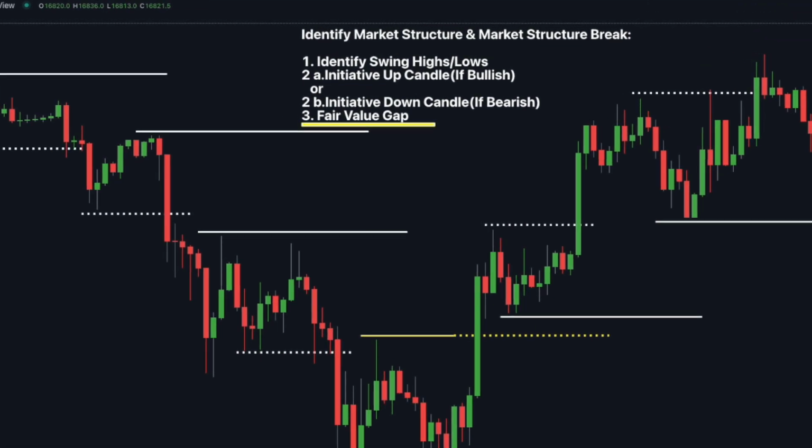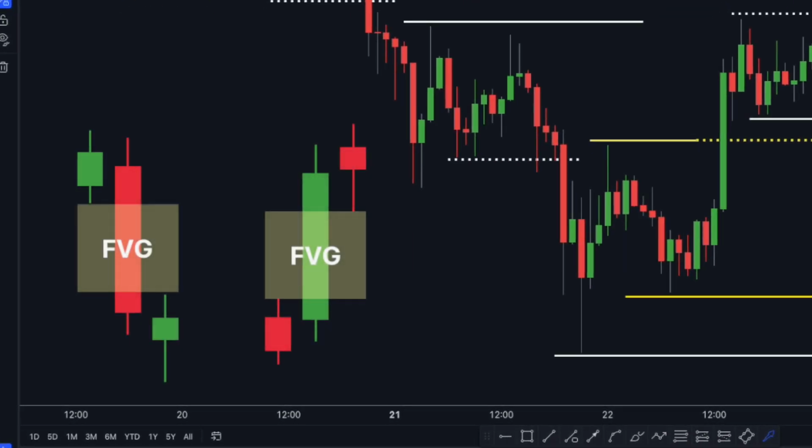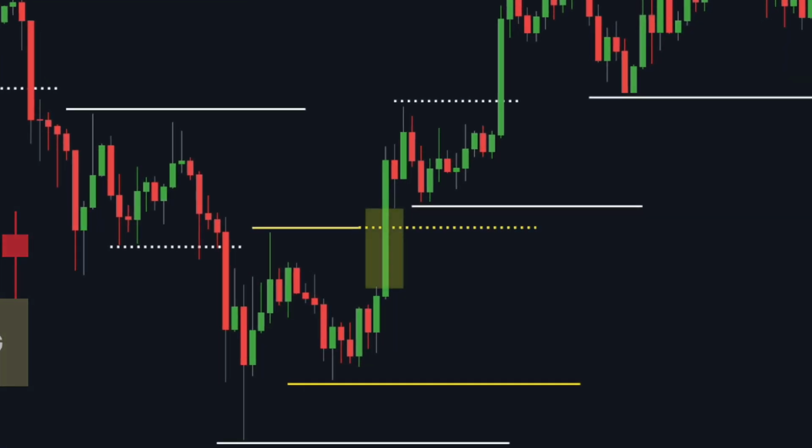And the third step is to identify a fair value gap as price breaks the market structure. So a fair value gap is a gap that is created by a candle between the two candles that are surrounding it. So here we can see that from the high of this first candle to the low of the third candle, there is a gap where no price action has happened and price has just traded one-sided with an initiative move